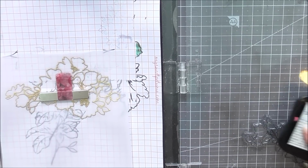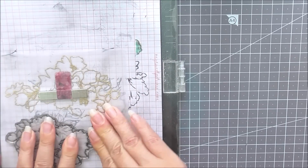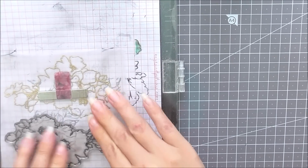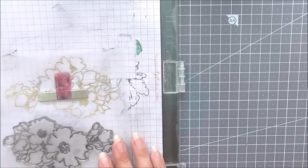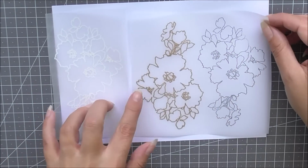For the third image, I'm then going to stamp using some Stays On ink. This is some black solvent-based ink. And if you use this ink, you are going to want to make sure that you do clean your stamp really well afterwards. So these are my 3 images, and you can see how beautiful they are,